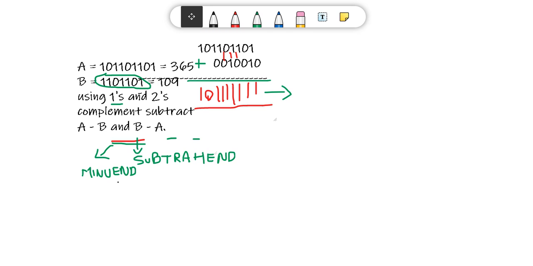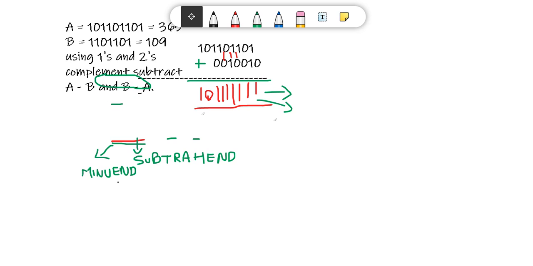So for example here, what is 365 minus 109? What is the value actually? 365 minus 256, sorry, 256. So that is nothing but 256.